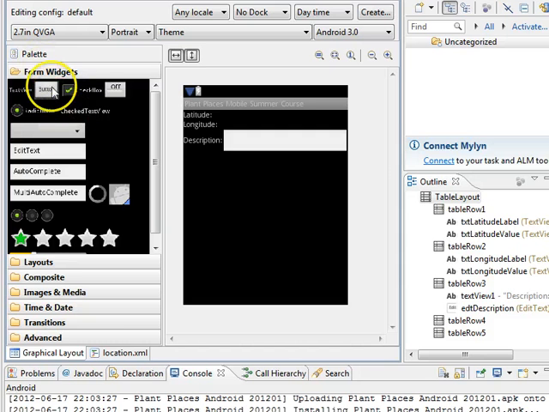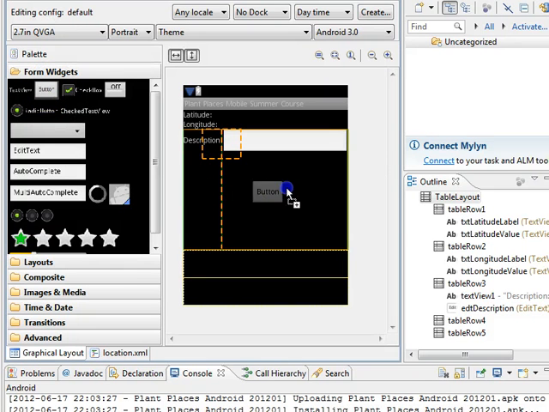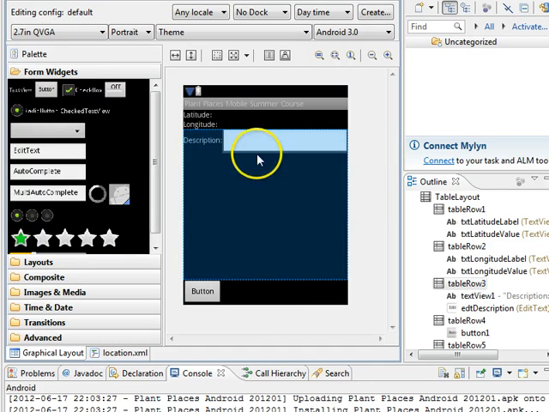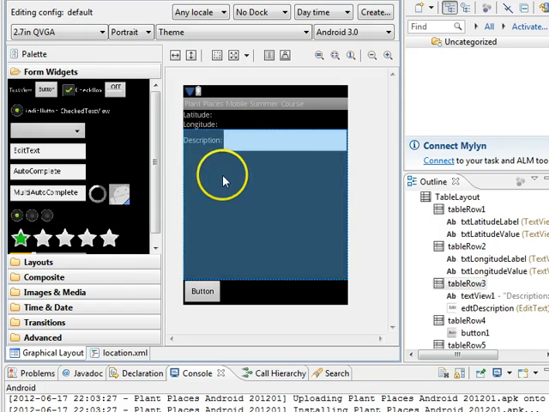So what I'm going to do now is take a button and, oh shoot, that's what I did. Okay, looks like I made that extra big. I might go back and clean that up. I'll take a button and drop it in the next row. And yeah, I did something goofy there. I think I accidentally put a weight on the